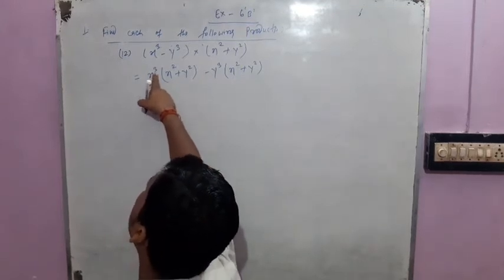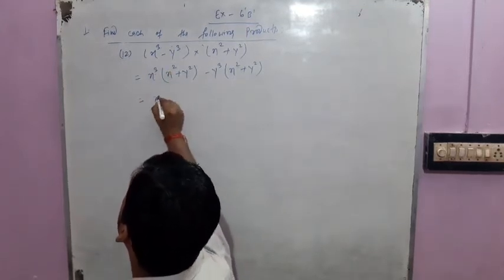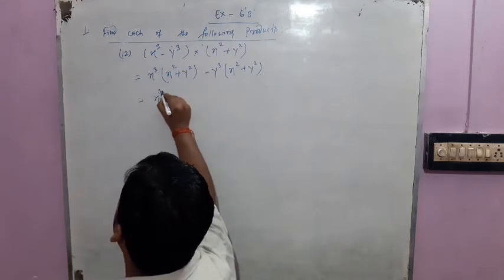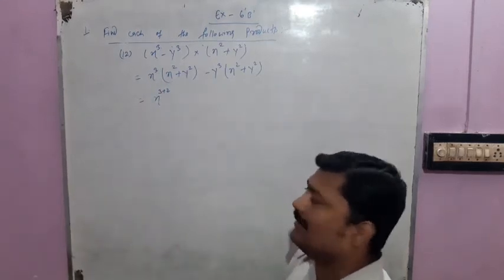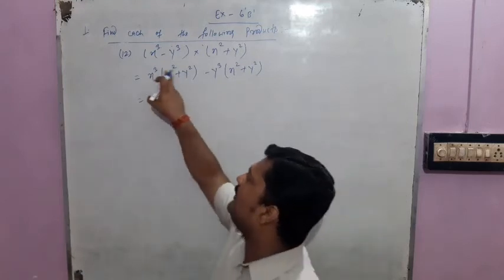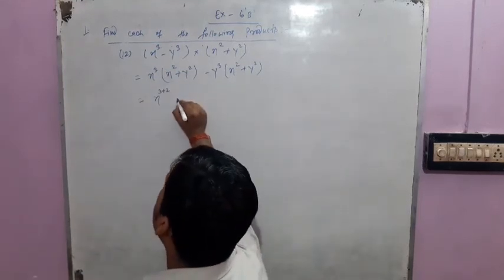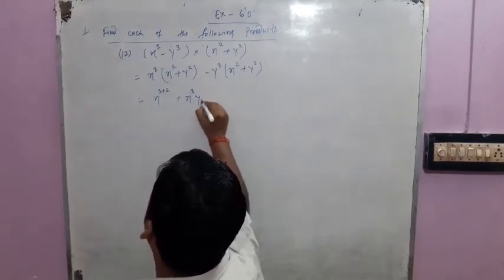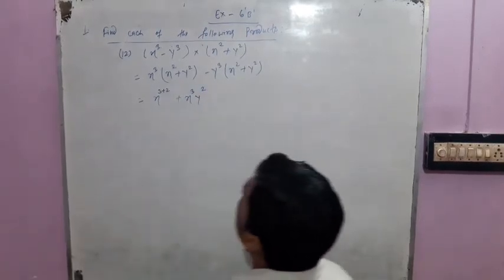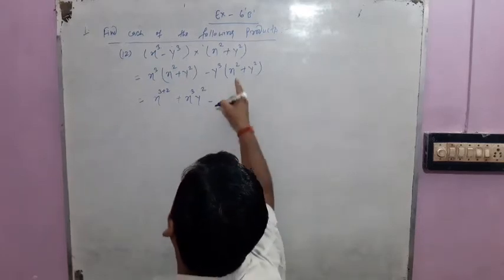So here the power of x is 3 and here the power of x is 2. So we can add the exponents here, 3 plus 2, because we are multiplying the same base, and as per the law of exponents we have to add their exponents. Now x cube into y square is x cube y square. Okay students, now here it is y cube with x square.